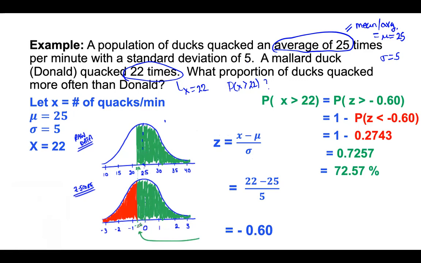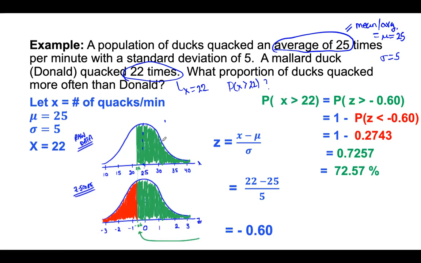And we can label, we can go from 0, 1, 2, 3, negative 1, negative 2, negative 3. Our standard deviation is 5, so 25 plus 5 is 30, 30 plus 5 is 35, 40, then we can go 20, 15, 10. So we can label our x's first. And then the proportion of ducks quacking more than Donald, the duck, is, well, X is greater than 22, but